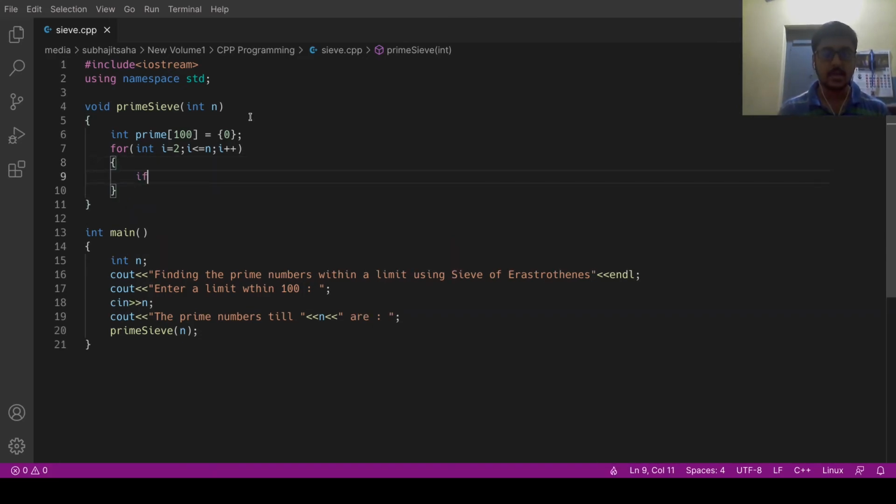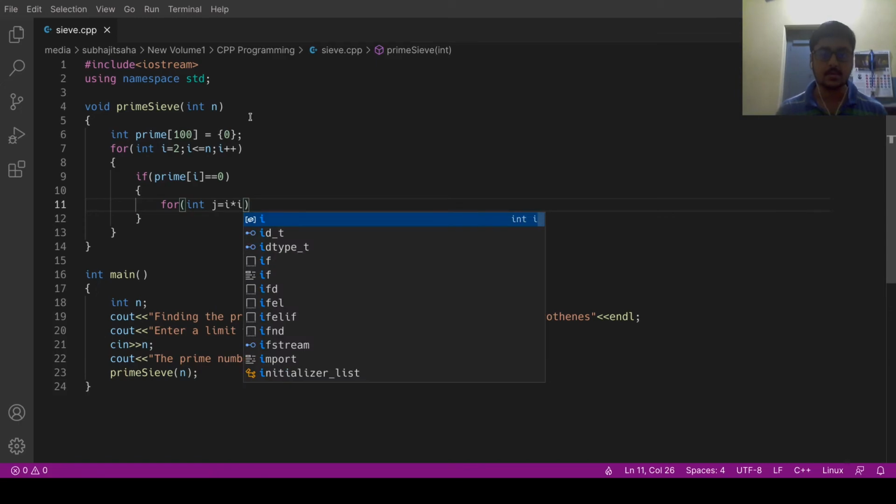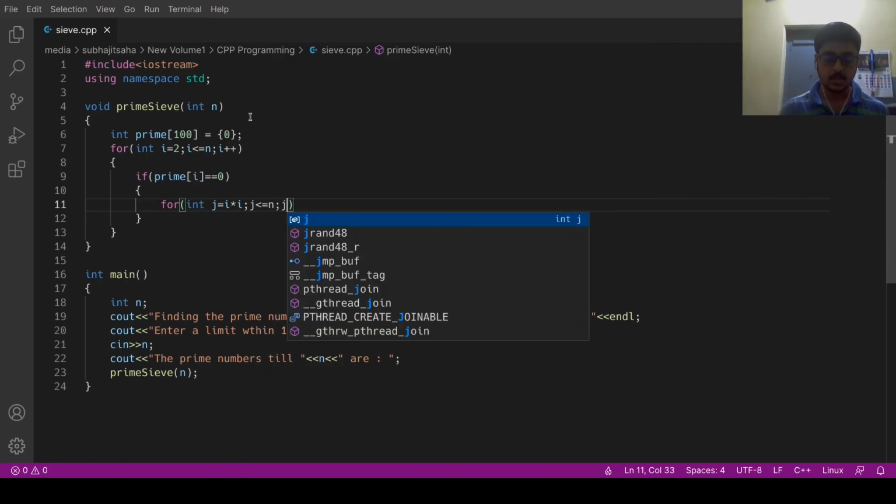Then I'll check if prime[i] is equal to 0, meaning I'll be marking the multiples of only the prime numbers, using the logic that the prime indexes of the prime array will remain 0 and all others will be turned 1. So if prime[i] == 0, for int j = i square, so I'll be taking the square of i, j <= n, j++.